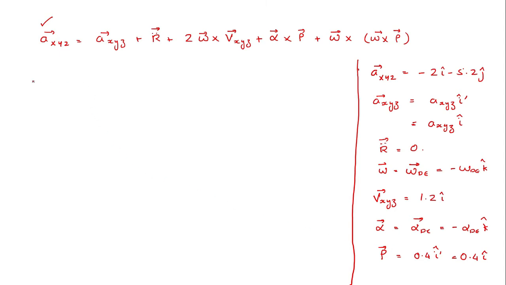Okay, so substituting all of these here, you will get -2 i cap - 5.2 j cap is equal to a_xyz into i cap plus 0 plus 2 into -omega_DE. Now omega_DE we have already obtained, so I can write this as -3. Okay, so -3 k cap cross